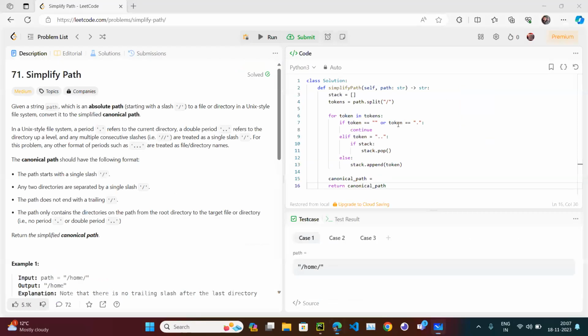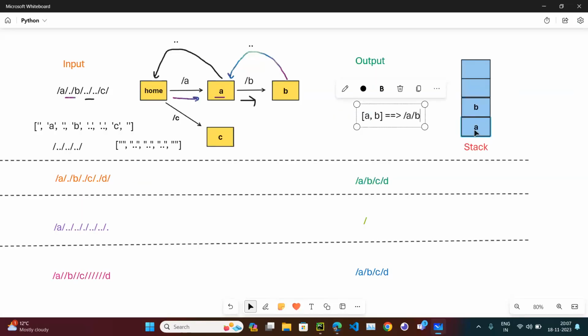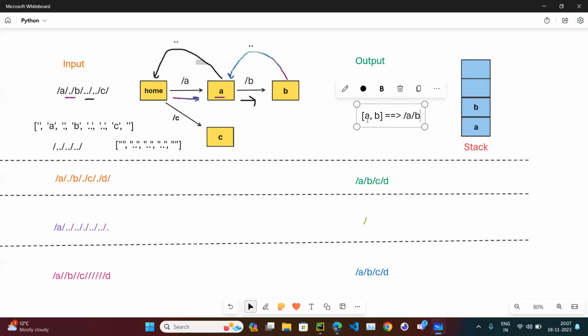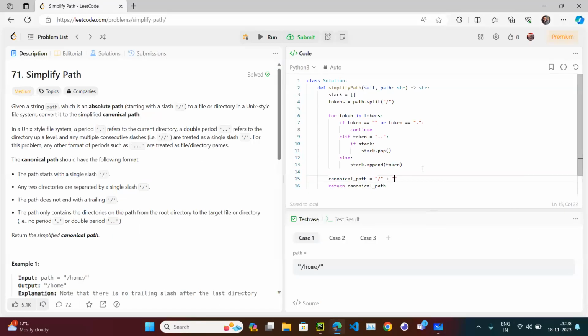So the first element of the canonical path should be slash. Then, if we have C, we need slash C. So for A, B, whatever the number of elements inside that stack, we have to join all these elements with the slash operator. So that's what we did. Now if you run it,